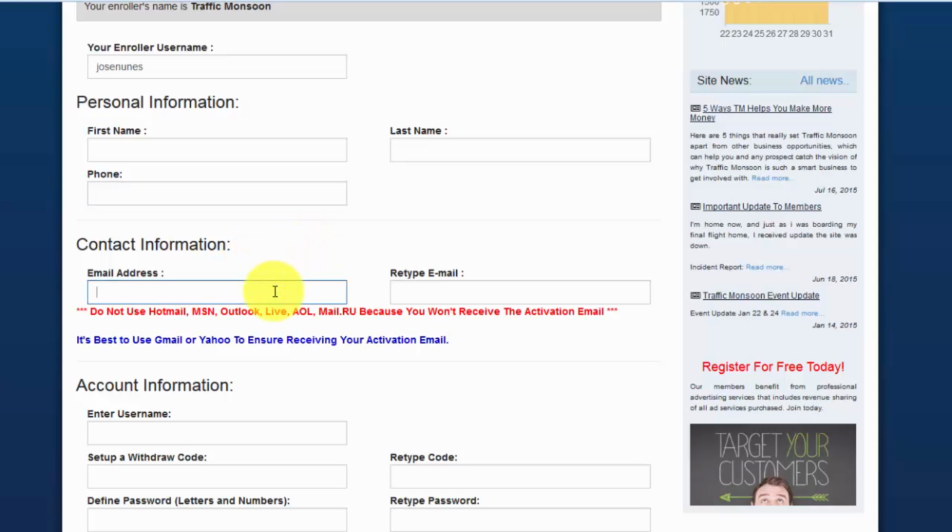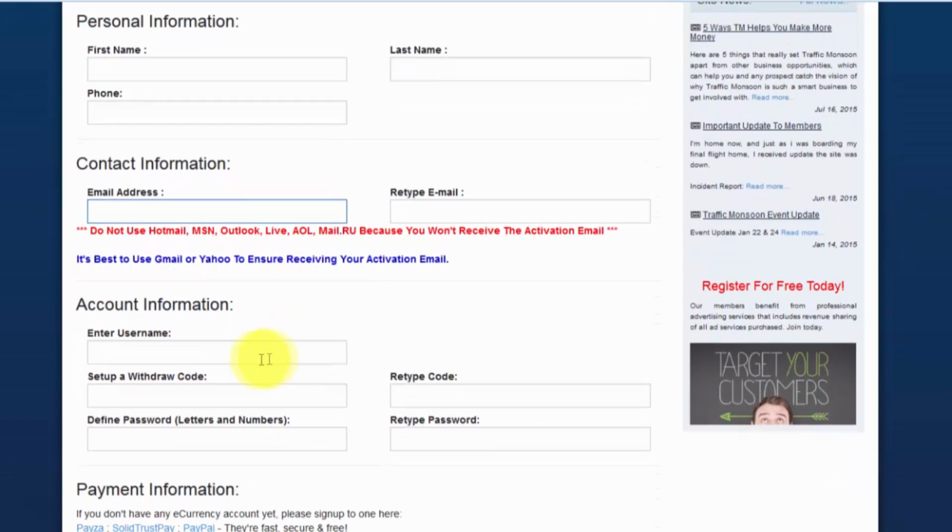Email address. For the email address, I recommend you use Gmail, no other than Gmail, because everything else like Hotmail, MSN, Outlook is very easy to hack into and steal your information. Gmail has two-step verification through your phone. You can use a different phone that you don't use every day, that you don't give the number to everyone, but still use it to verify your passwords and stuff like that. So use Gmail. Now the next one is your username.